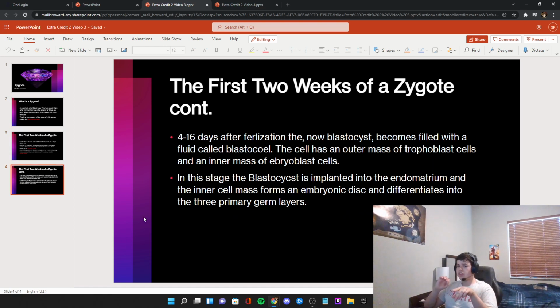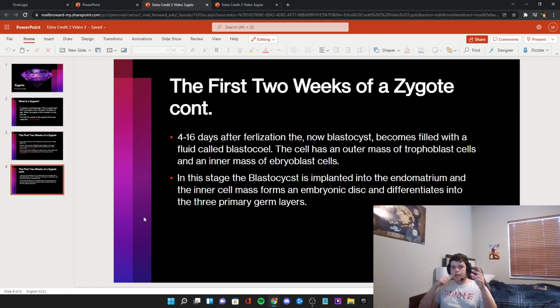So 4 to 16 days after fertilization, now it's called the blastocyst. It becomes filled with a fluid called blastocoel. The outer side of the cell forms a mass of trophoblast cells, and then the inner mass of embryoblast cells. Right. In this stage, the blastocyst is sent through to the endometrium of the woman